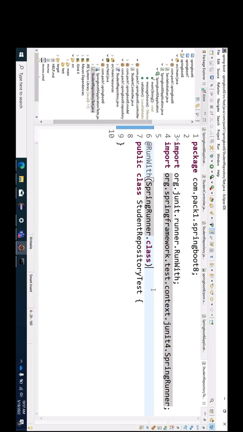That annotation and all are provided with the help of a class called Spring runner. The Spring runner class is going to act as a bridge between your Spring Boot test feature as well as your JUnit. And the next annotation we have to provide at the time of testing within Spring Boot is